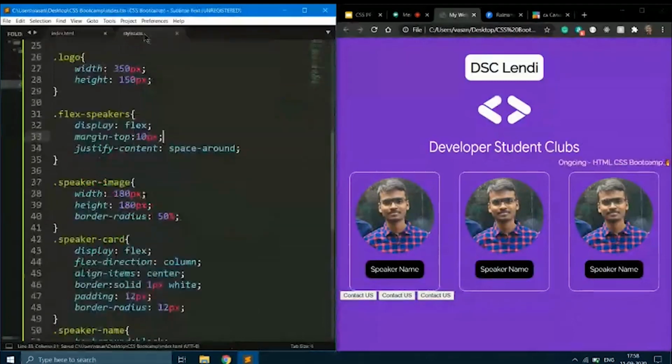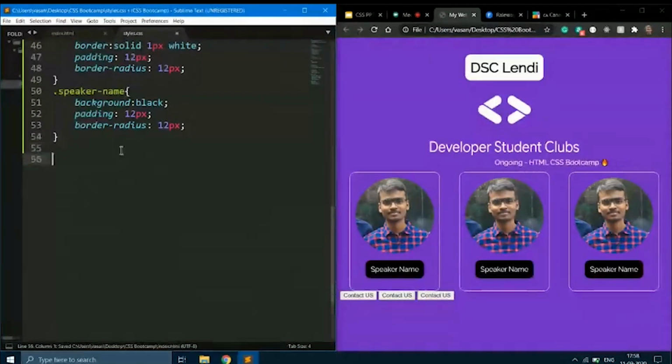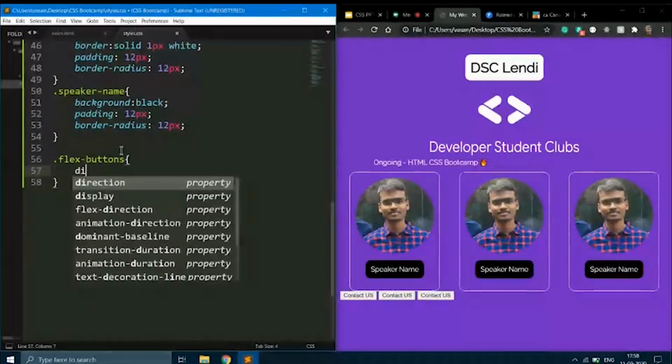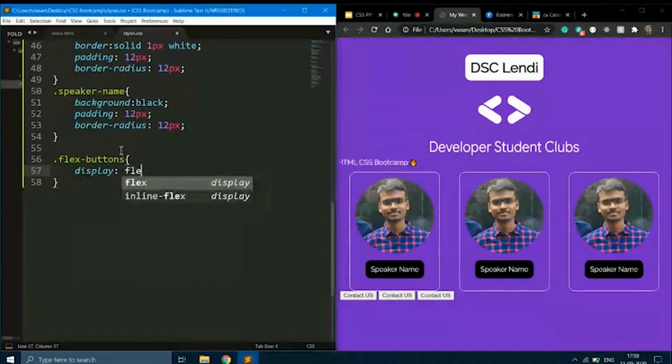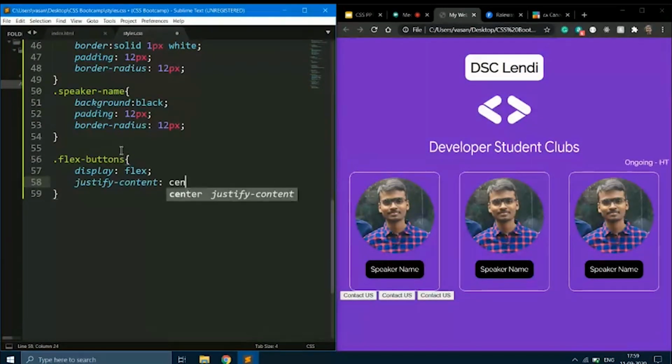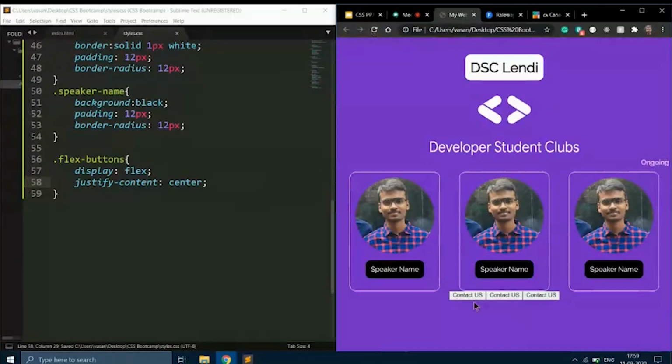And I'm going to write some changes to it. Let's give the property display to flex. And let's say justify content to the center so that it comes to the center of the screen. As you can see, we have got the buttons to the center of the screen.